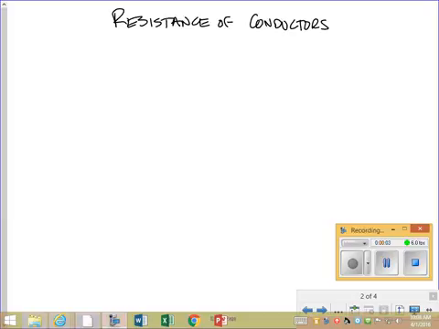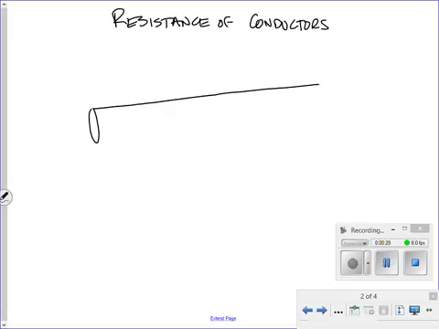Hello, people. Let's talk about conductors, which is to say any old wire and its resistance. Because as you know, there is no such thing as a perfect conductor. Every conductor, every wire does have some resistance, and any wire's resistance depends on a couple of physical characteristics. So let's draw for ourselves